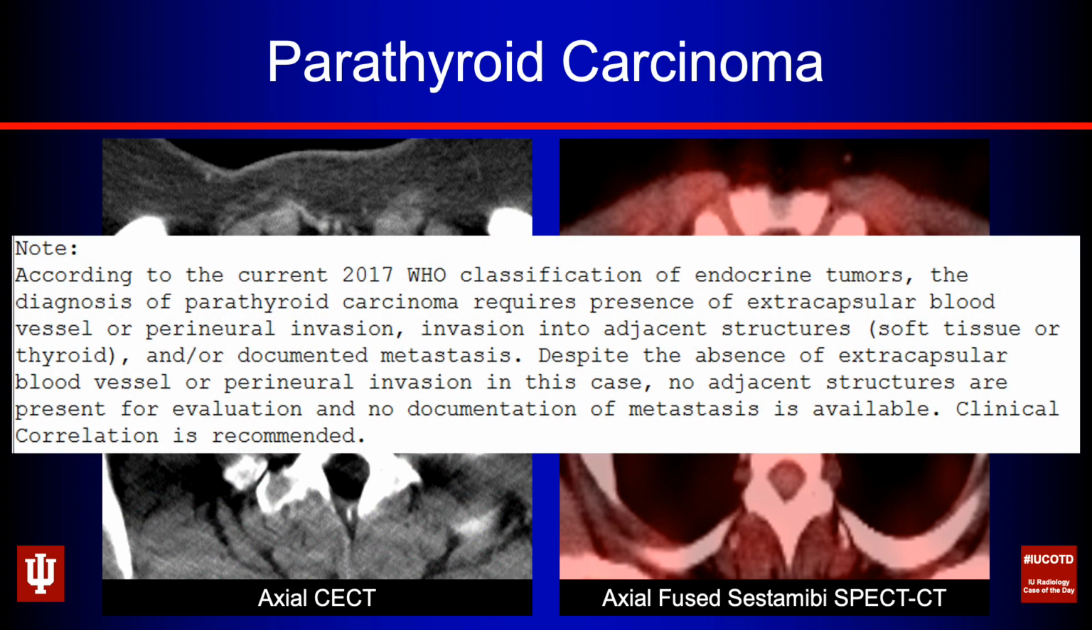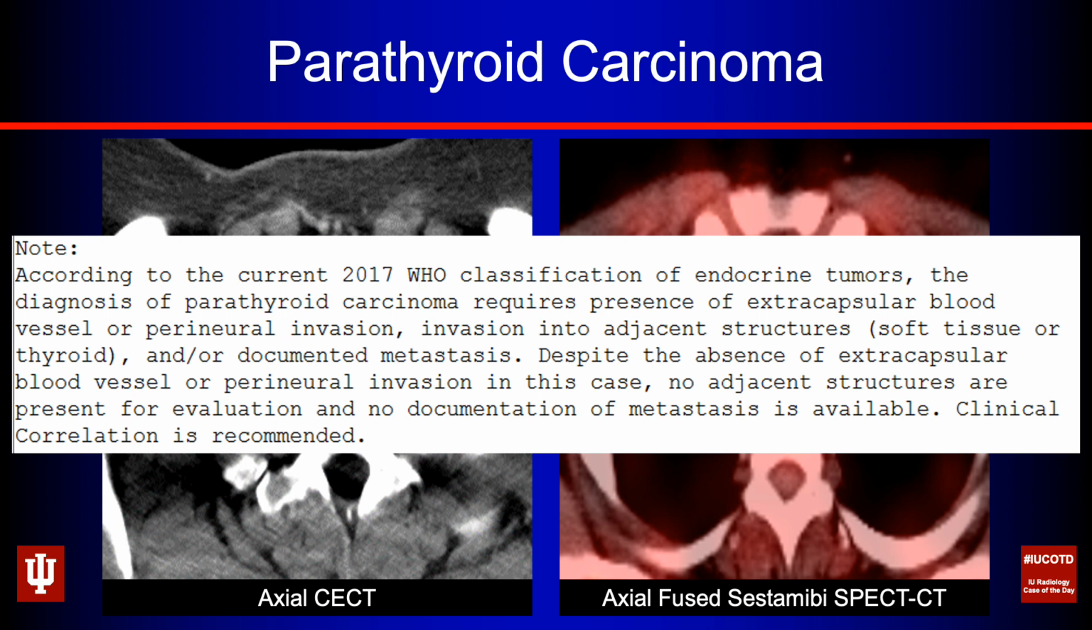So, and that's why I want to share these with you. Based upon the 2017 WHO classification of endocrine tumors, in order to make a pathologic diagnosis of a parathyroid carcinoma, you have to be able to see and demonstrate some things, and those things all have to do with invasion